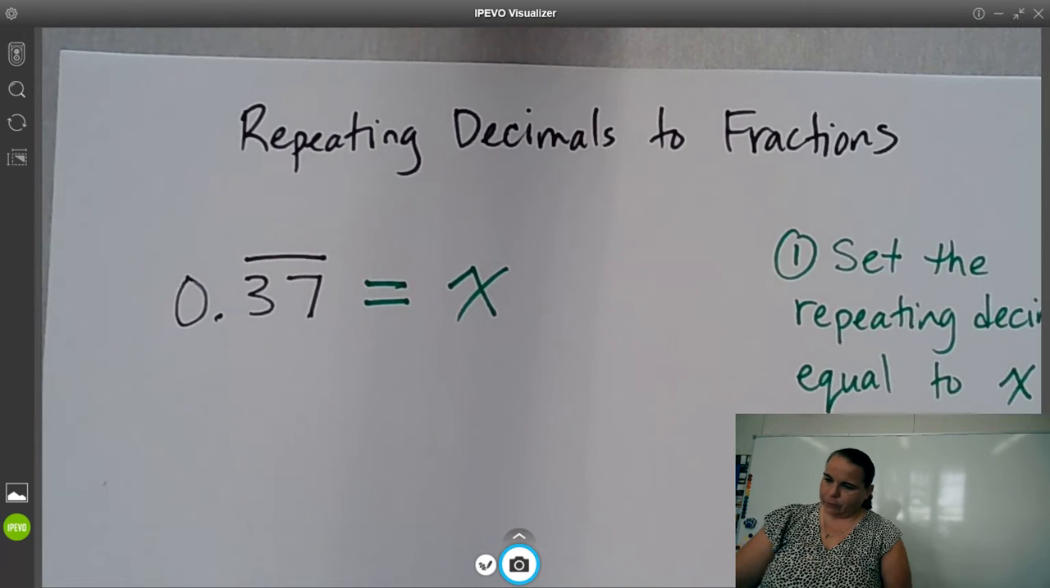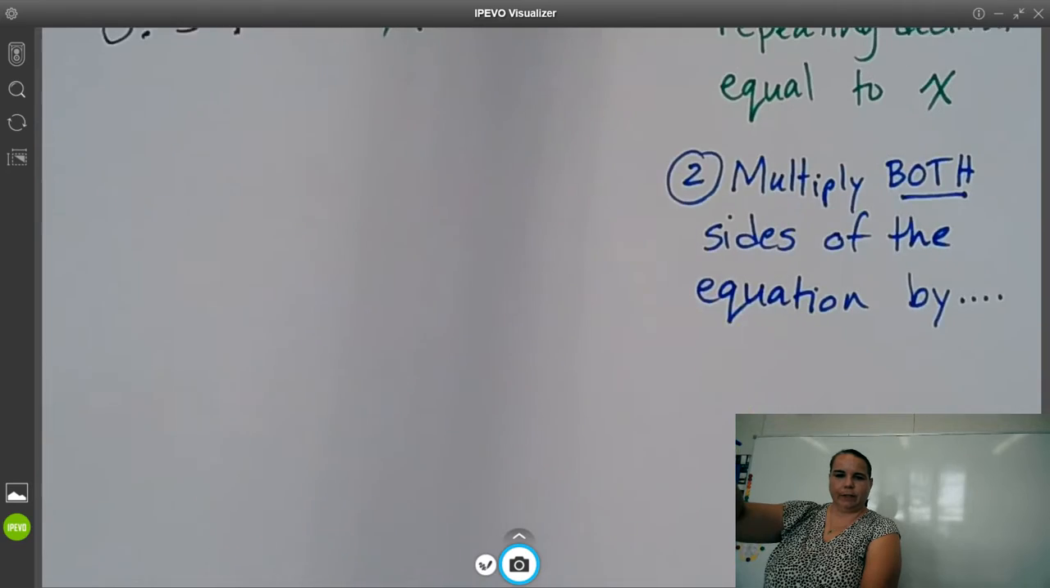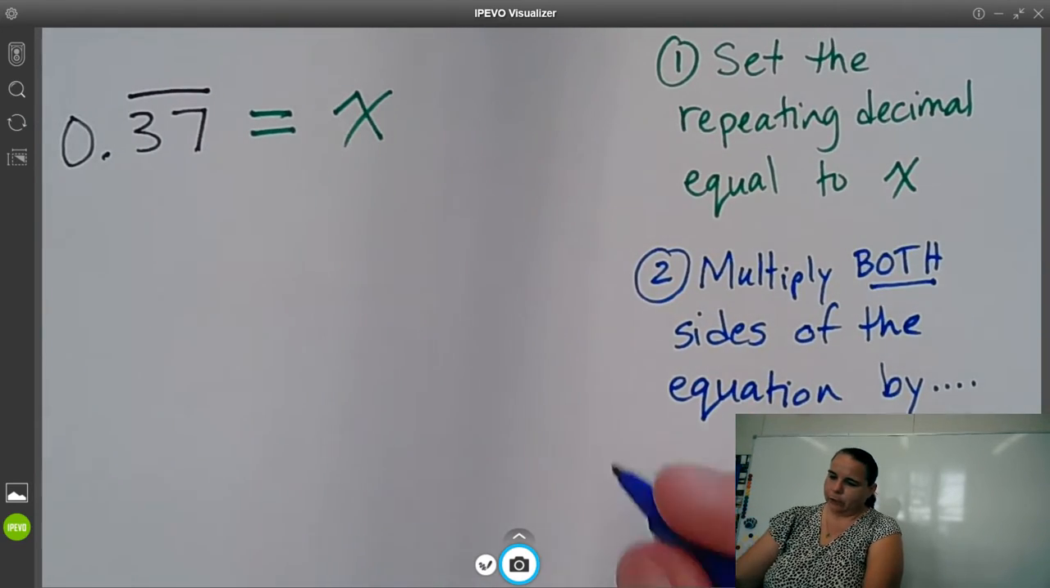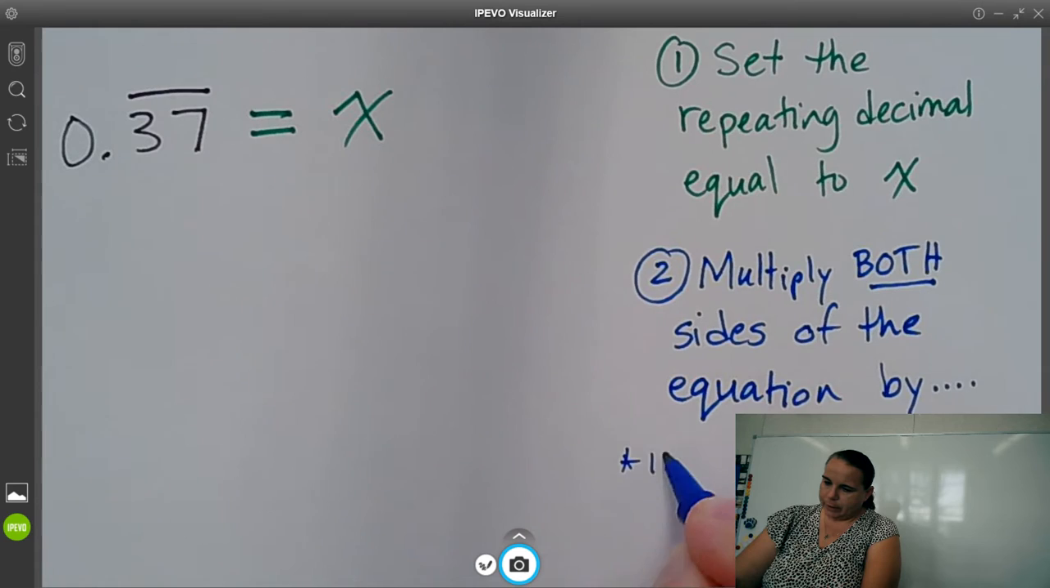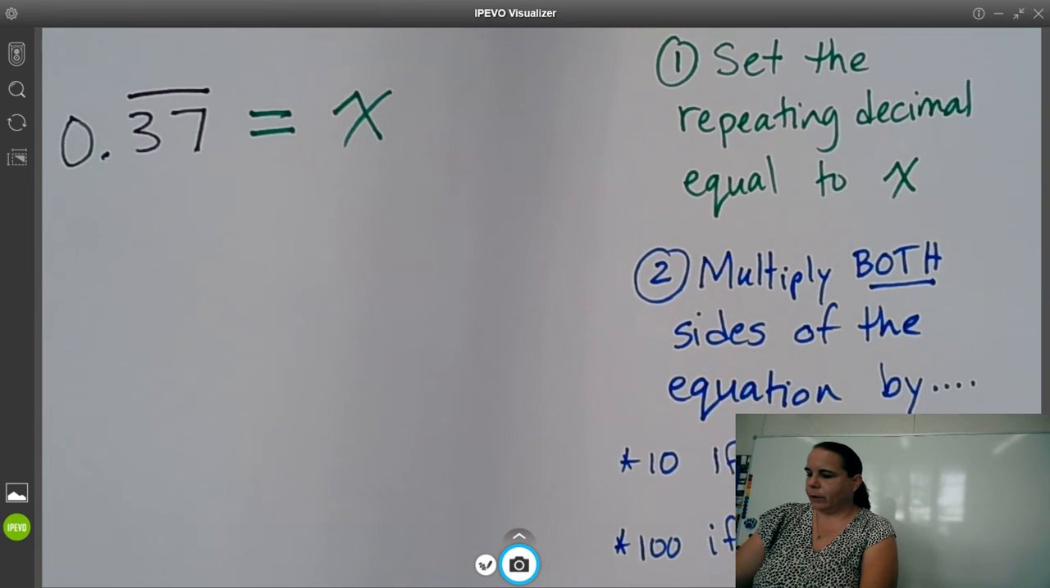by, and this is where we are going to have to kind of think, because it depends on the repeating decimal. So you're going to multiply both sides by 10 if 1 digit repeats. You're going to multiply by 100 if 2 digits repeat. You would multiply by 1,000 if 3 digits